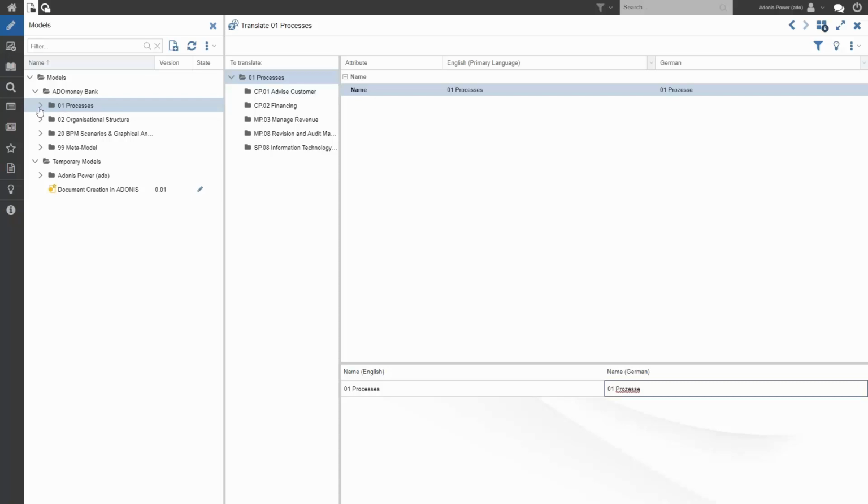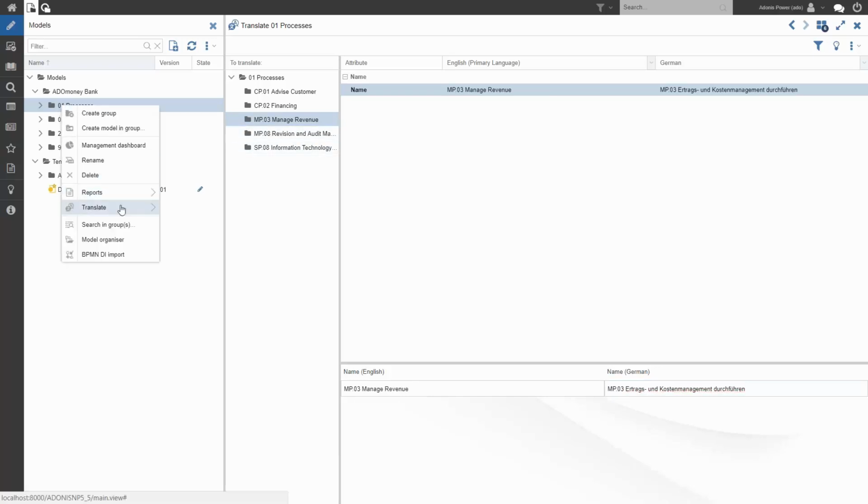So it'll include the processes group here, but all of the subgroups as well are included, so you can just jump down through each one. And as you can see, the German content is already available in our Addo Money Bank example. So all of the names here have already been translated, which allows us to then switch between German and English using the same modeling content in the repository.